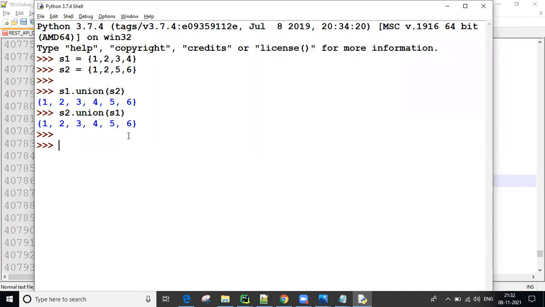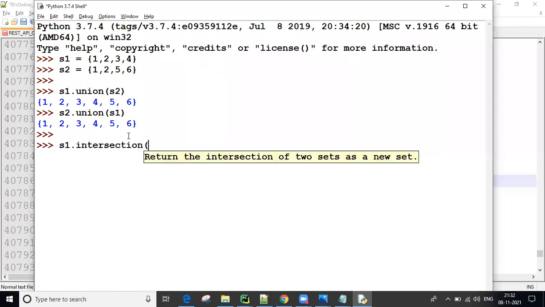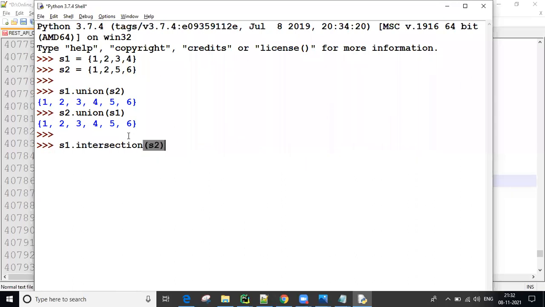Next one, intersection. S1 dot intersection of S2.